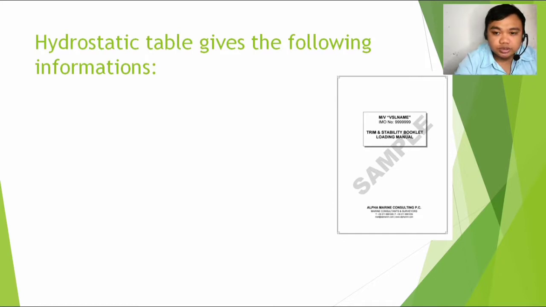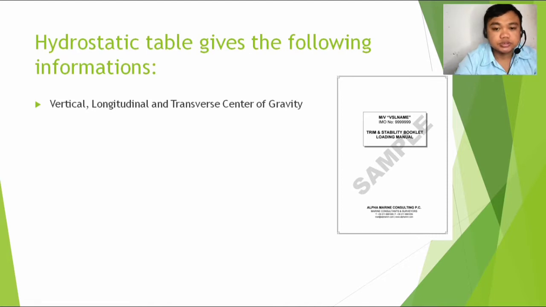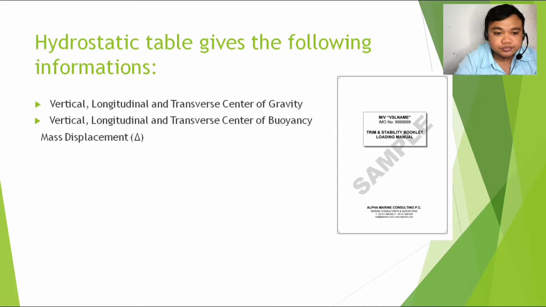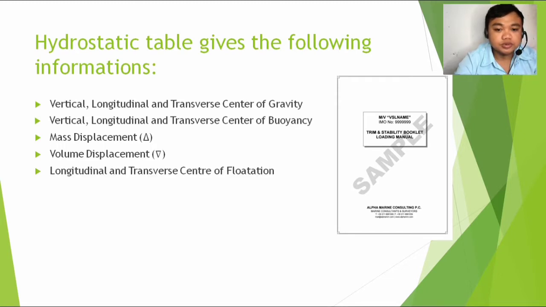So, understanding the hydrostatic table. Now, the hydrostatic table is within the ship's stability booklet and contains the following information: the vertical, longitudinal, and transverse center of gravity, vertical, longitudinal, and transverse center of buoyancy, mass displacement of the ship, volume displacement of the ship, longitudinal and transverse center of flotation, metacenter,